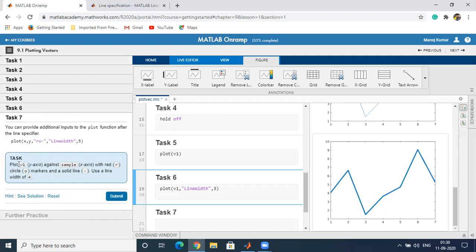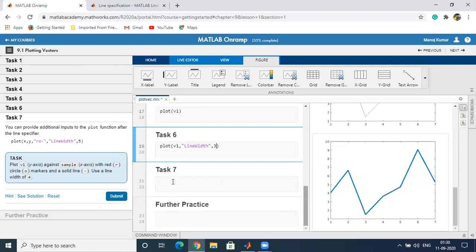The task is to plot v1 on the y-axis along the sample on x, with the red color, a circle as a marker, and a solid line, with the line width equal to 4. So all these can be done in a single plot. Let's do it. Just type